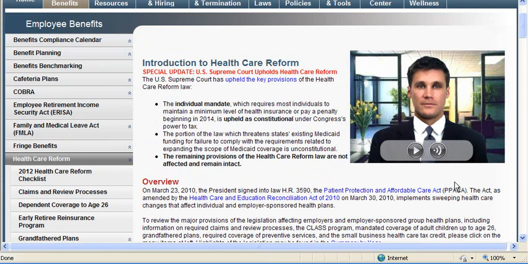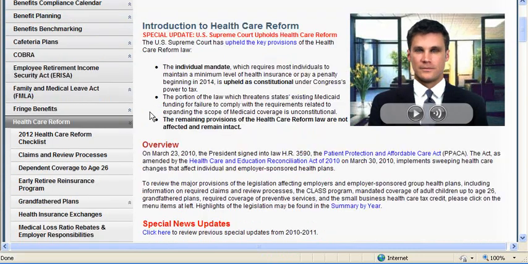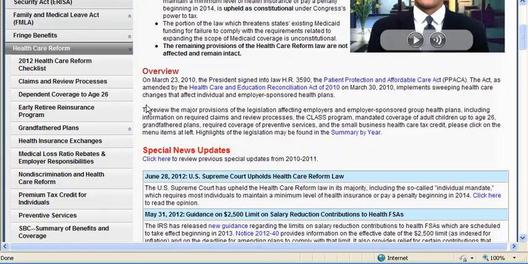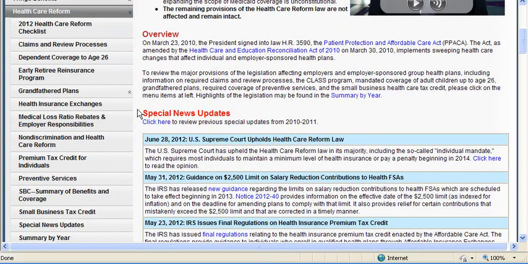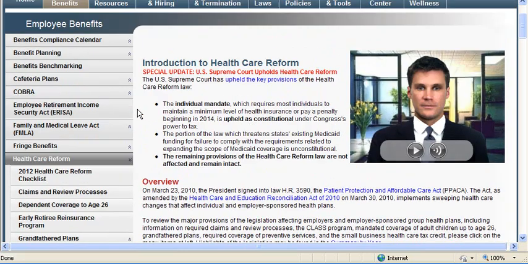Additionally, we have avatars that will talk to you on the screen so that you know exactly what you're about to look at. Now, we clicked on healthcare reform, so here we have the ability to go out and look at all types of information about healthcare reform that our agency offers to you. And I'll just let you look at that for a moment. Back up at the top,